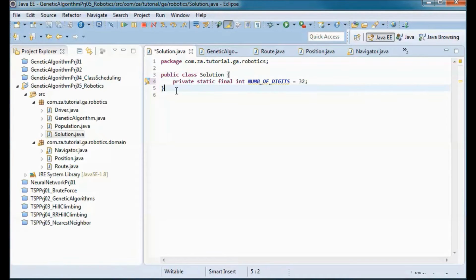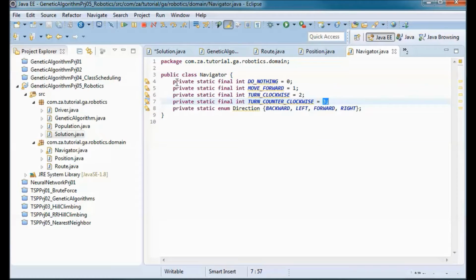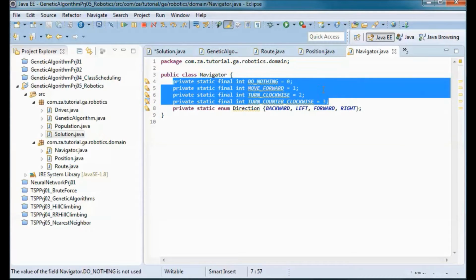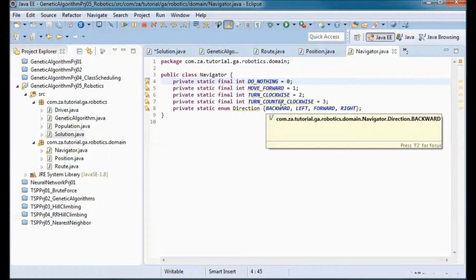And the reason for this is that we have 4 detectors, so we have 16 possible sets of detectors, so we represent those here from 0 to 15, as integers. And we have 4 possible actions: do nothing, move forward, turn clockwise, and turn counterclockwise.